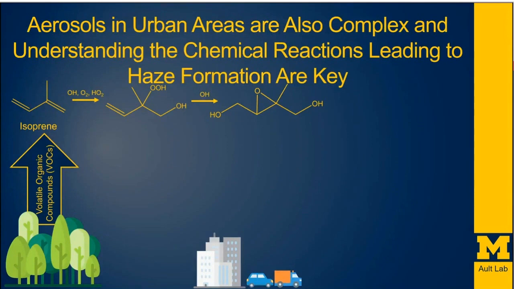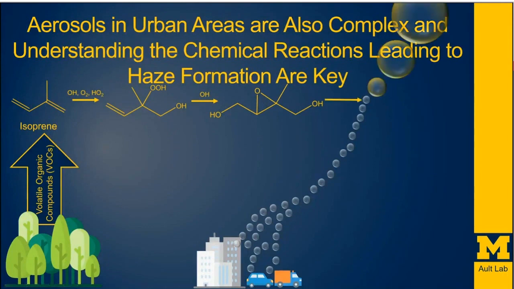And so what they saw was that the epoxide is a large component of the oxidation products of this isoprene. And this has a very low vapor pressure. And so what happens is that if there are particles emitted from cars, trucks, industry, and this molecule here, which has a very low vapor pressure compared to the initially emitted isoprene, this gas is going to say, oh, there's a particle. I'm going to go in there, and when I do, I'm going to make that particle grow. And that's how you get a lot of these large particles scattering light and getting breathed in by folks in